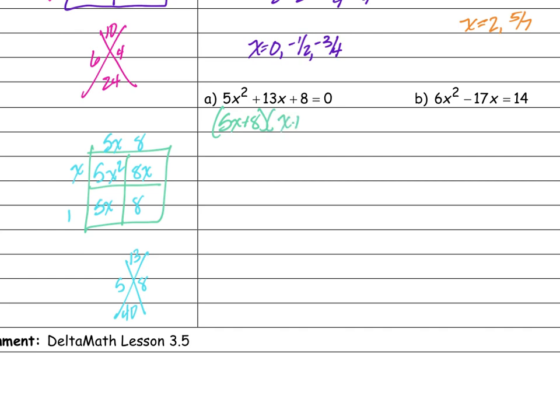times x plus 1 equals 0. So that means either 5x plus 8 equals 0 or x plus 1 equals 0. So subtract 8. 5x equals negative 8. Divide by 5. Subtract 1. So x is either going to equal negative 8/5 or negative 1. Okay, and then for the second one,